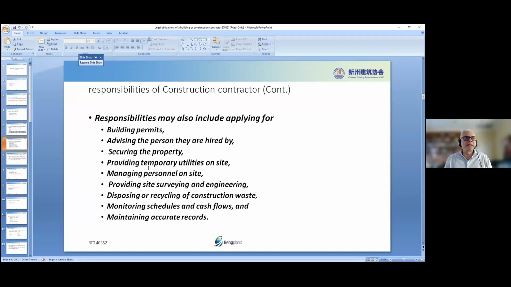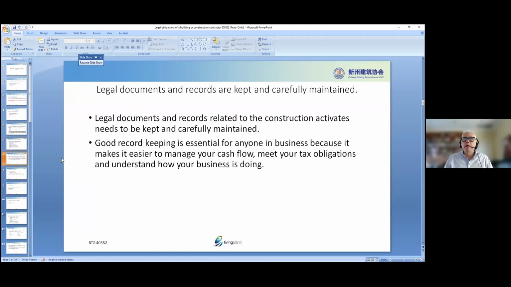Maintaining accurate records. This is a legal responsibility that we have to maintain accurate records of all sorts. All records need to be accurate. Okay, so keeping legal documents and records and maintaining them. So it's essential that we take care of our tax obligations, our safety record, if there's any accidents on site. We need to keep proper records with all aspects of our project, from our claims, our invoices,